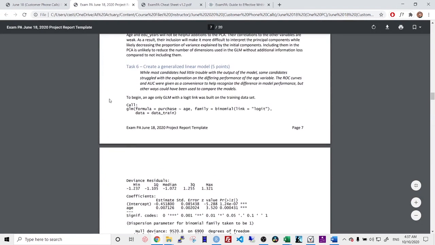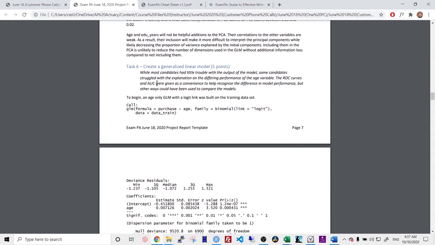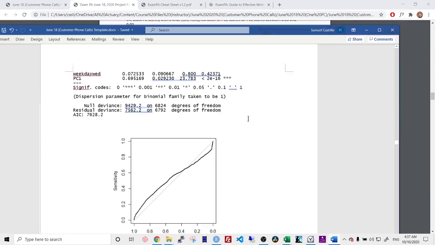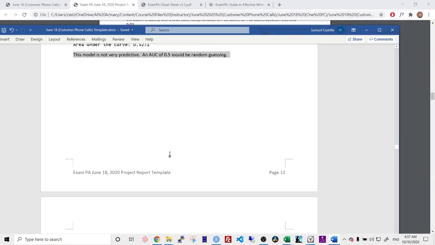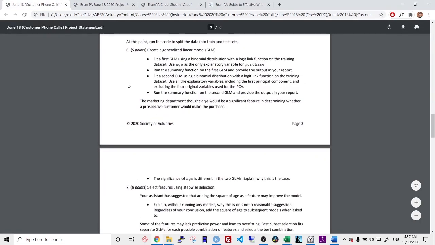On this question, I failed to comment on the AUC being very low for the age-only model. So I included the AUC curve as follows because that's what the question asked me to do. However, I didn't say that the AUC of 0.52 was low, which it is, because if you were just randomly guessing, you'd get an AUC of 0.5. In my defense, however, the project